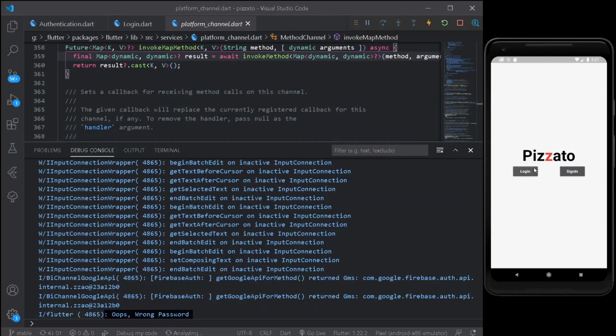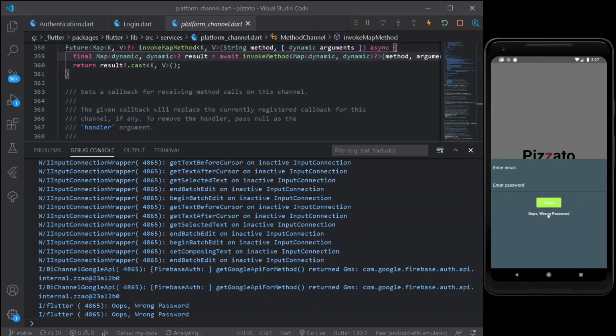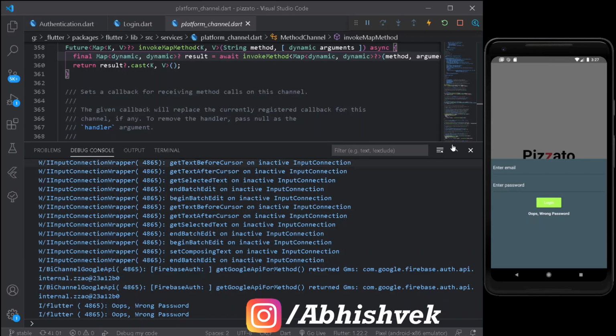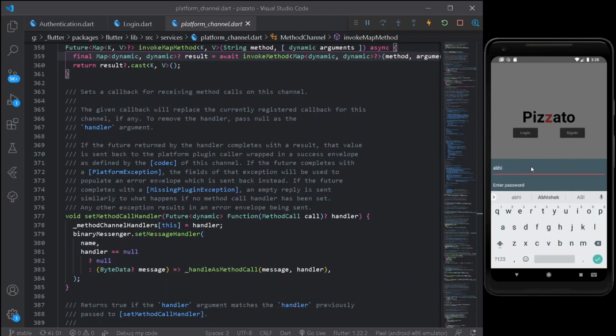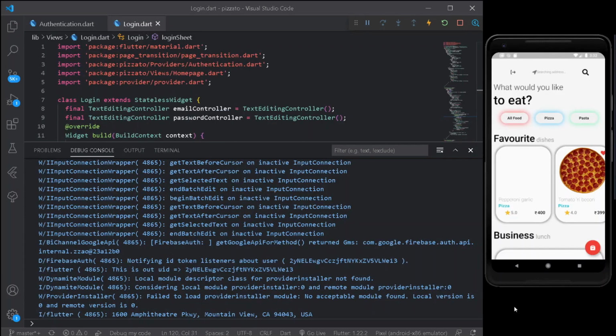Now you may observe that we are not navigating to our next screen and we shall be seeing our entire error message here, which is oops, a wrong password. So now let's fill up a right password. Alright, abhi@gmail.com and my right password of Abhishek. Alright, so now we are navigated to our home screen after simply assigning a dynamic assertion of the user ID, also checking all the password not found and all the cases.